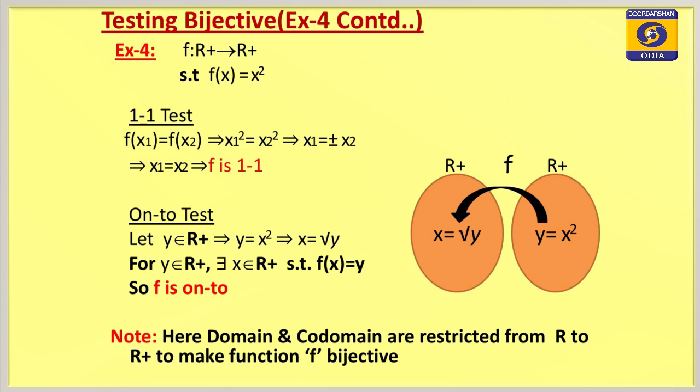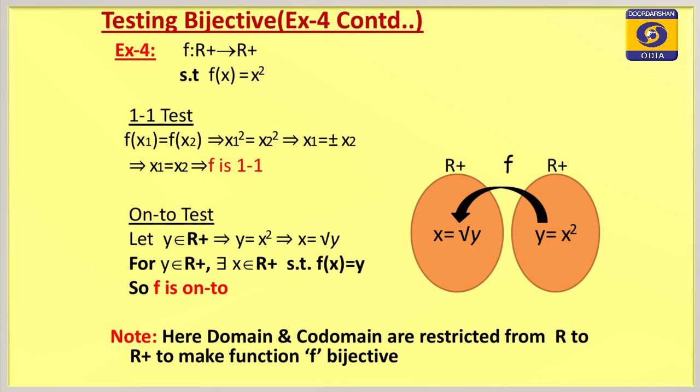here, we have to choose, suppose, an element y belonging to R plus. We have to find one x belonging to R plus, since both domain and codomain are the same, so that f(x) is equal to y. You see the picture on the screen. Suppose y is equal to x square, then in R plus in the codomain, and in the domain, in the reverse case, we are getting root y. So, what is root y? Root y is nothing but x. That means, for x square we are getting x.